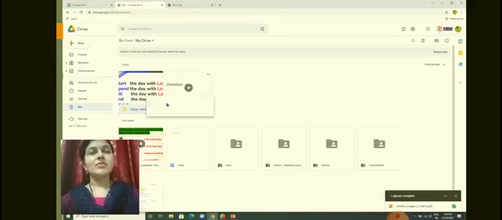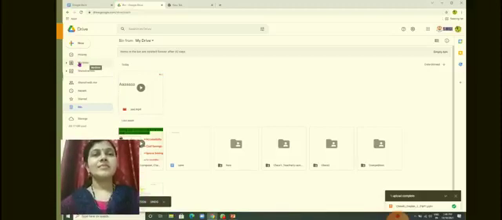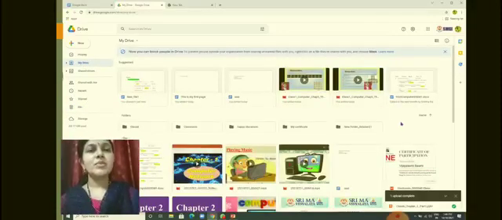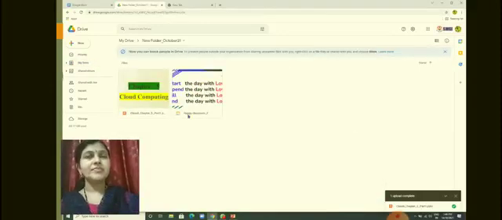When you click on restore, the restored file will be shown here. Go back to your drive and click on the new folder. Again you can see your file here, restored to your respective folder.